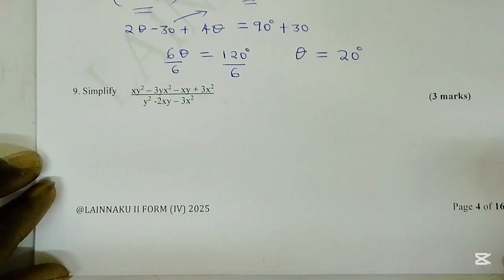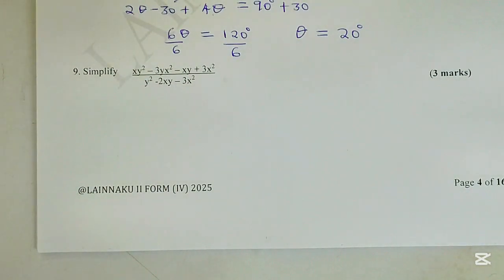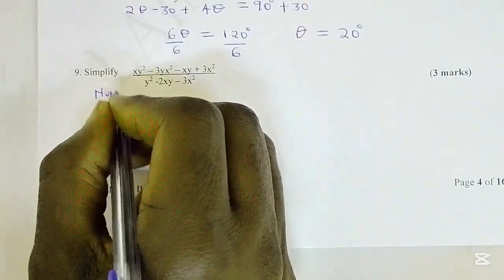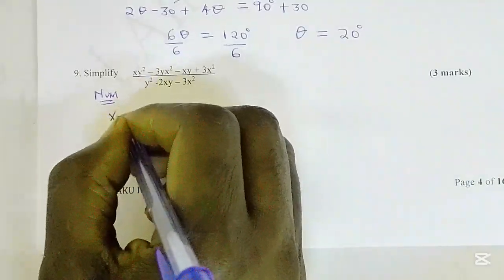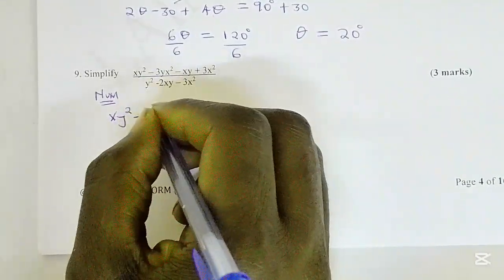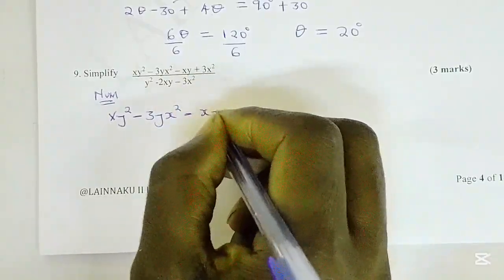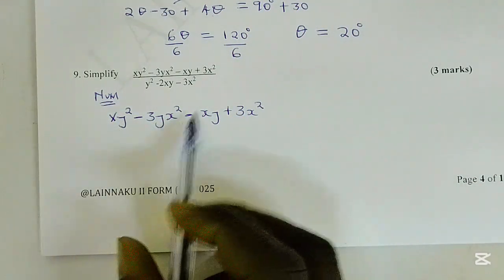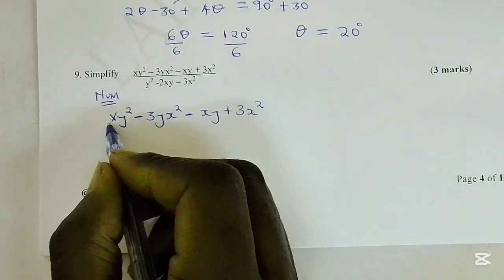Now, for question 9, we are going to do it in 2 parts. The first part, we are going to tackle the numerator. So, looking at the numerator, you have xy squared minus 3yx squared minus xy plus 3x squared. These are 4 values that can be factorized. So looking at the first two values,